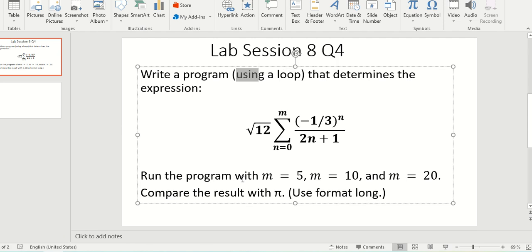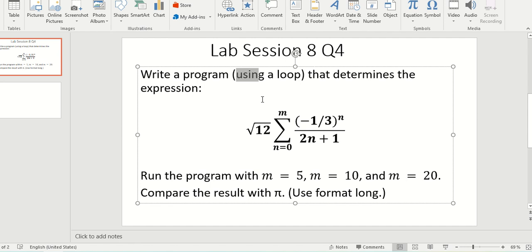Now in the looping technique, what will happen? You will be calculating each term one by one in each pass. You'll be saving those, and then you'll be summing them up one by one. So when you do not have any term, the sum is 0. But when you get the first term, the sum will be equal to the first term. When you get the second term, the sum will be equal to the first term